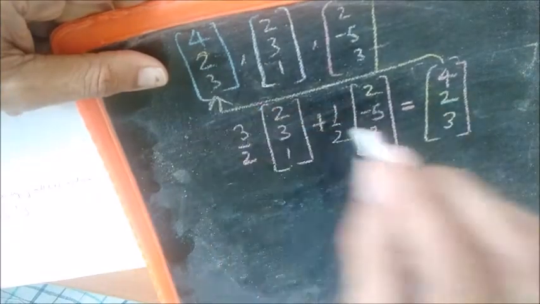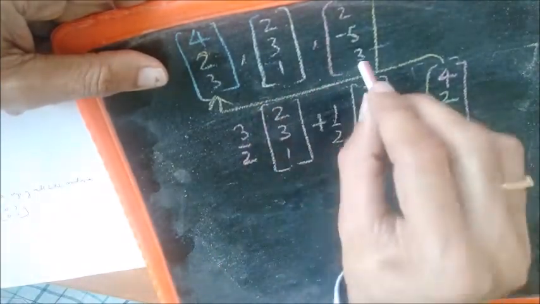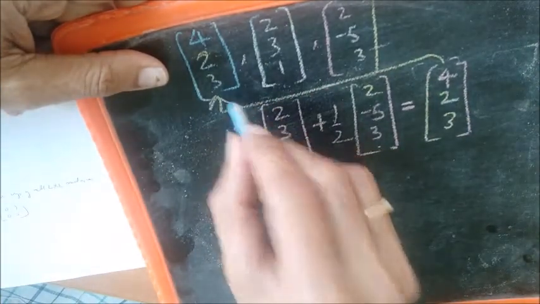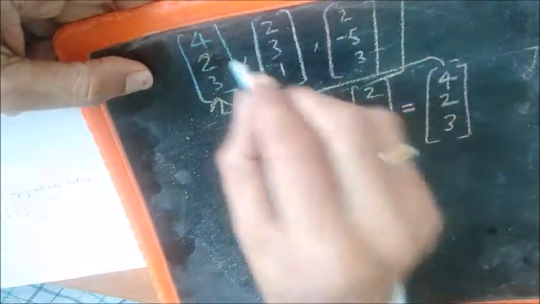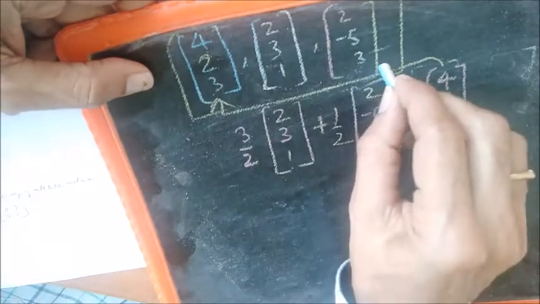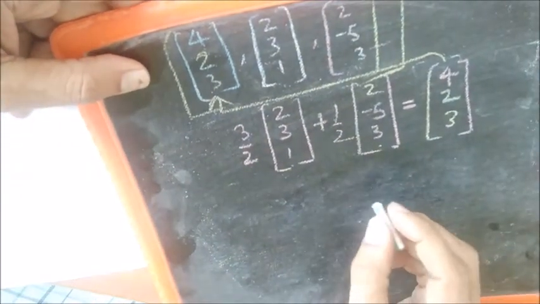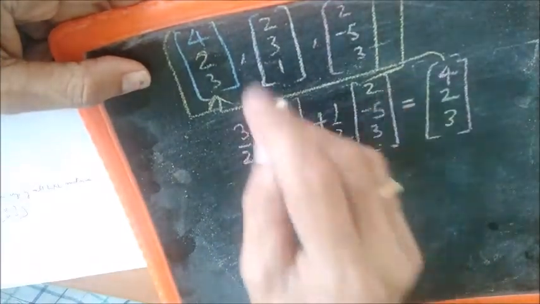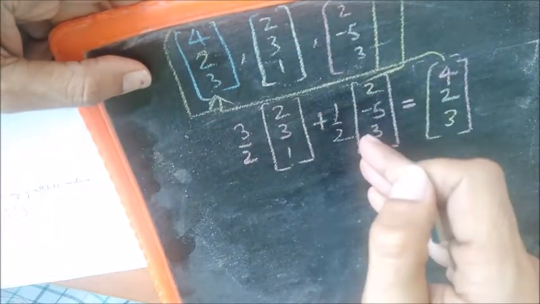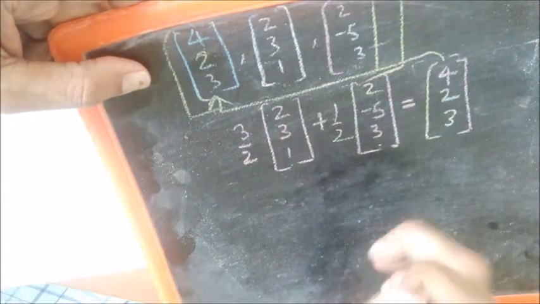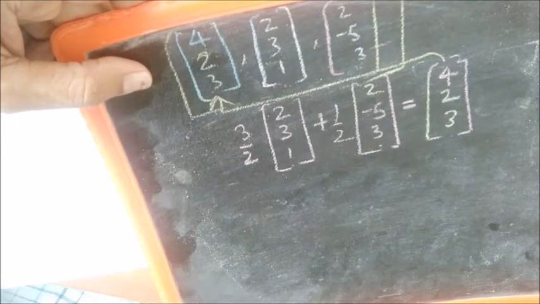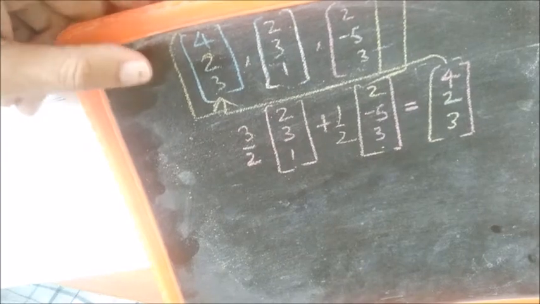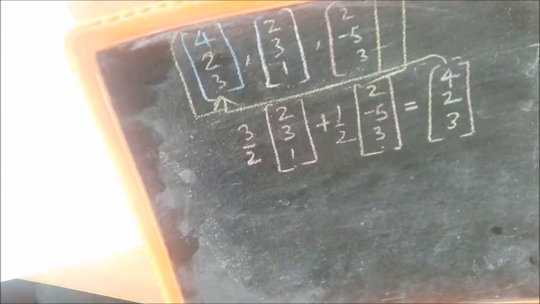So we have been able to linearly combine these two and get this vector, which definitely means that these are linearly dependent, and it is something that we saw a short while ago by forming a matrix wherein we stacked these vectors vertically and evaluated the determinant of that matrix. That determinant turned out to be 0, which helped us to arrive at the conclusion that these vectors are linearly dependent.